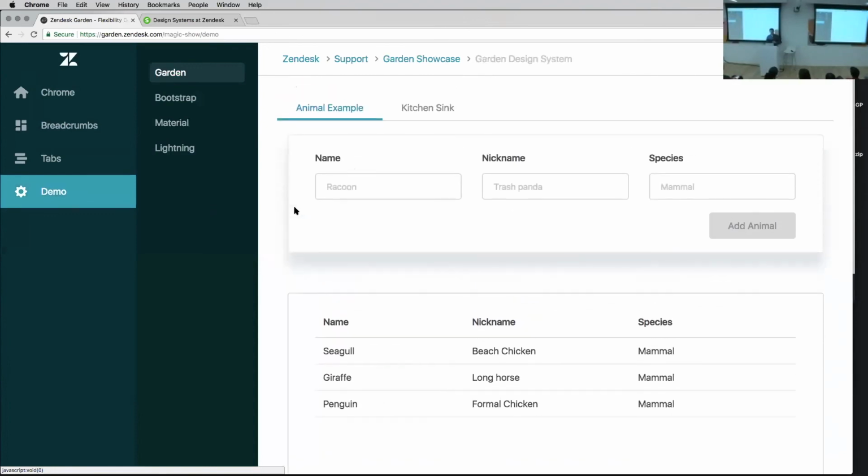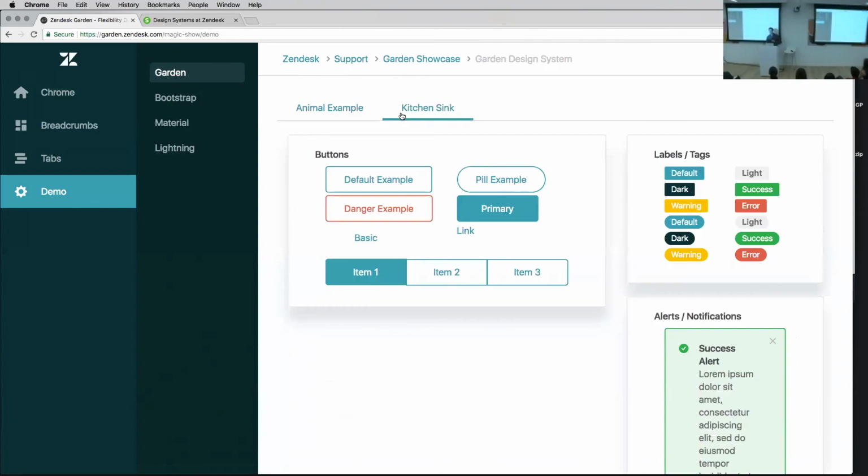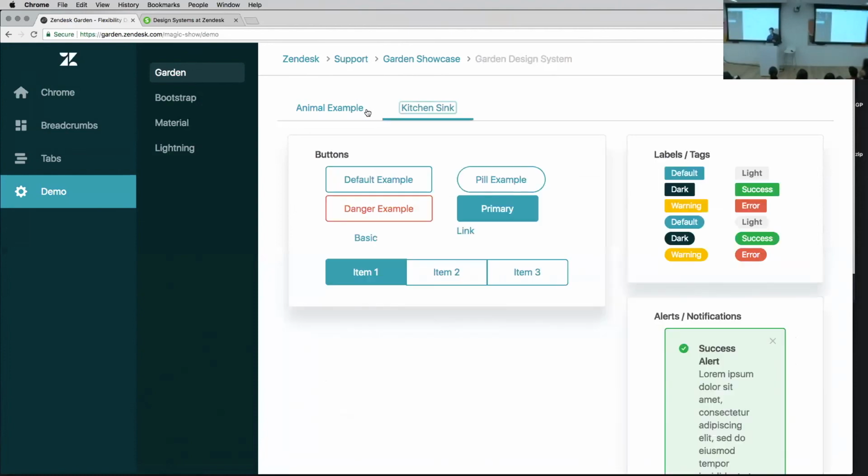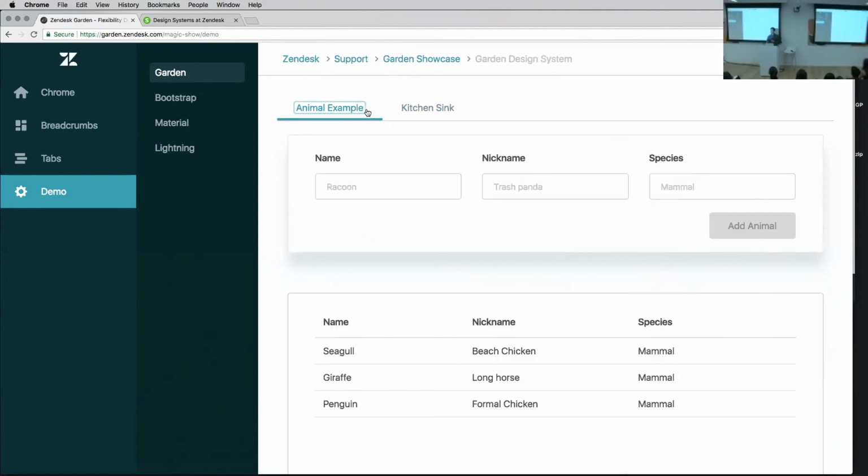So with this element container view split, you can do some really exciting things that you can't do with most design systems. This is a very simple example written in Garden. It uses our elements, containers, and our visual elements to have a simple breadcrumb element, some tabs which have state. They also have keyboard interaction, if you can see the focus state going between it. If I had a screen reader running, it would actually be reading off the state and the currently selected focus tabs, including the locale that the current browser is in,